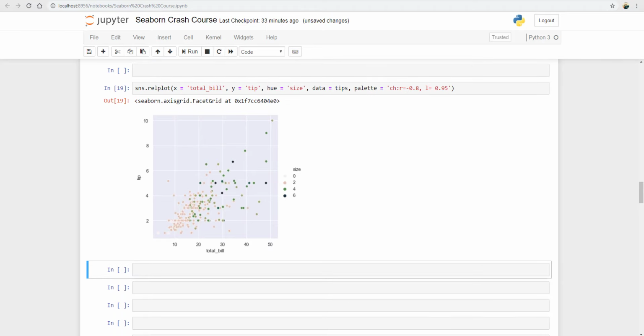Perfect. Now let's show you how you can change the size of the circles instead of just changing the color of these circles. That means if the tip increases and the total bill increases, then the size of those circles will be a little larger. Okay, perfect. Now let's go ahead and